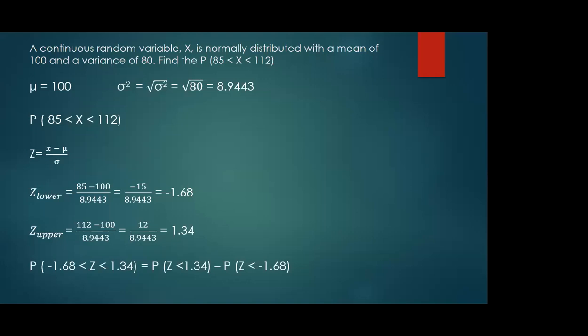After that, we're going to write the probability statement for our standardized Z values. So the probability statement is that Z is between negative 1.68 and 1.34, which is equal to the probability that Z is less than 1.34 minus probability that Z is less than